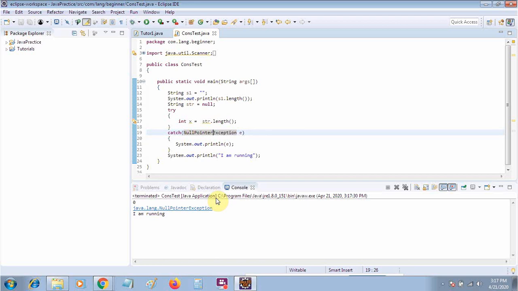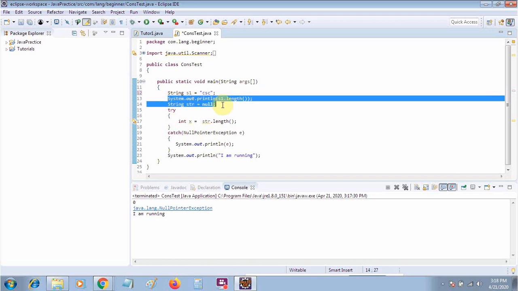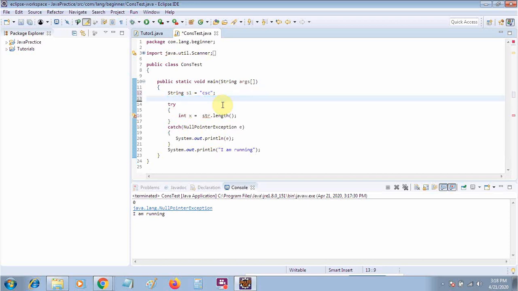Now the number format exception. This means if you are converting a string to an integer or an integer to a string, you can get a number format exception. Suppose we have a string like String csv. I am converting this string to an integer, so I will get an error.